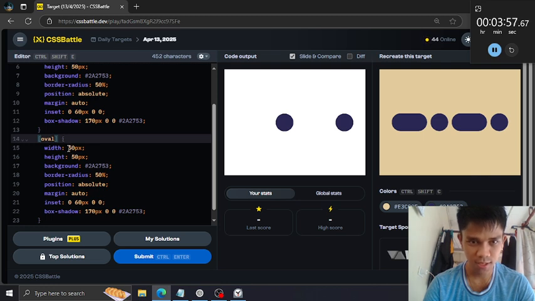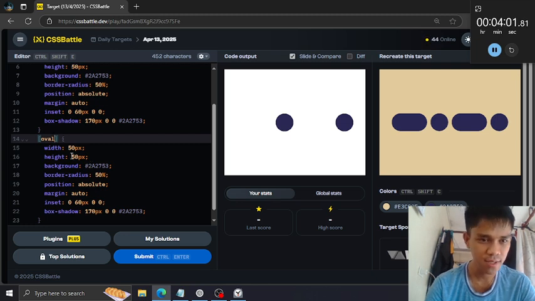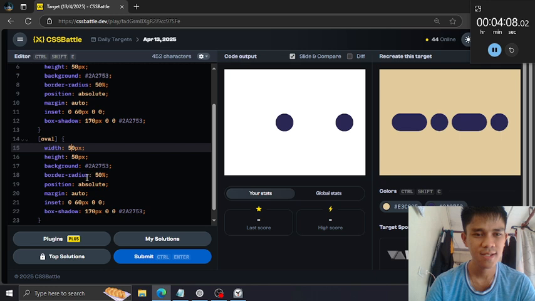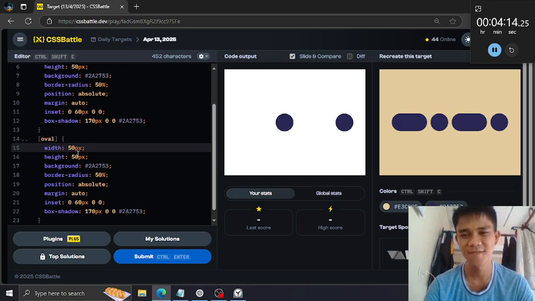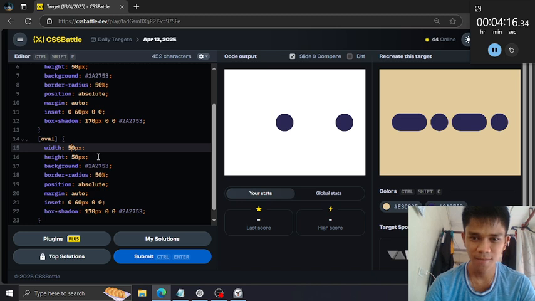And the only difference is the width. Yeah, the width. So oval has a different size. Obviously, oval has a different shape than circle.